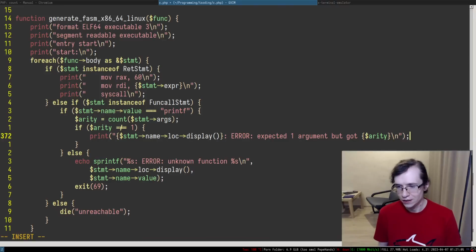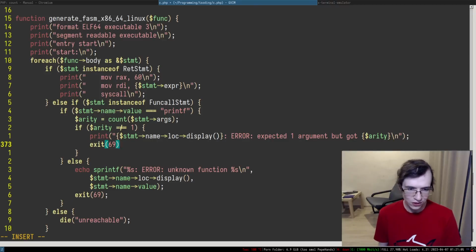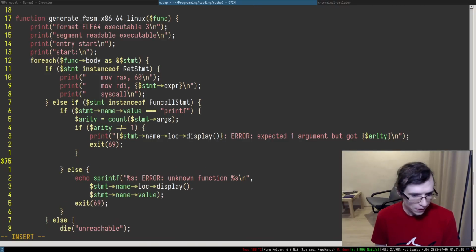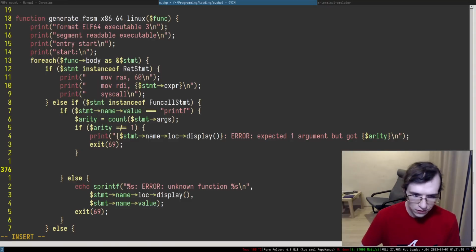There we go. And then we're gonna exit with a 69. I don't know why, I just picked that specific exit code. So expected one thing in here.